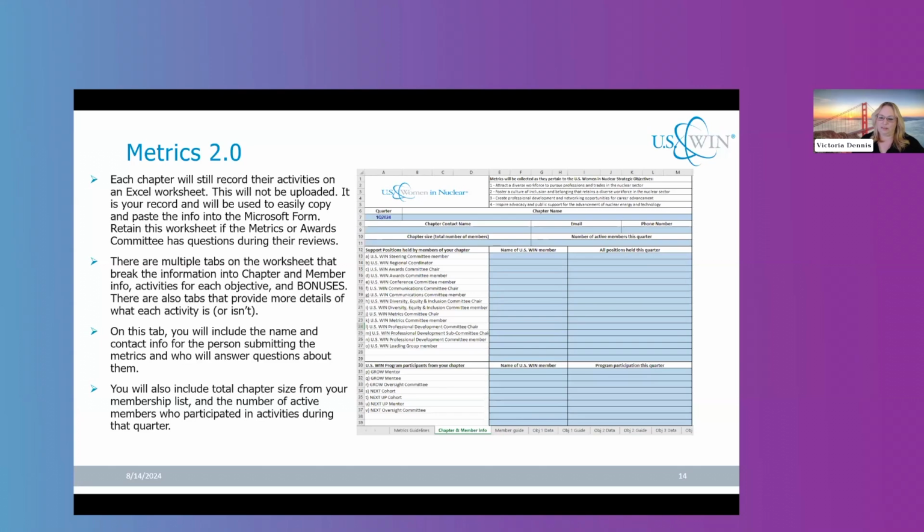You'll see that on the left and right of the chapter member info tab, on the left is the metrics committee information. That's available, how the process works and more about the committee. And then to the right, you'll see there's a guide, and then objective 1 guide, objective 2 guide. We'll go through what some of that information is, but you're going to be capturing information on each of the info tabs. And then those guides are there to help explain what's on each one. So on the next slide,